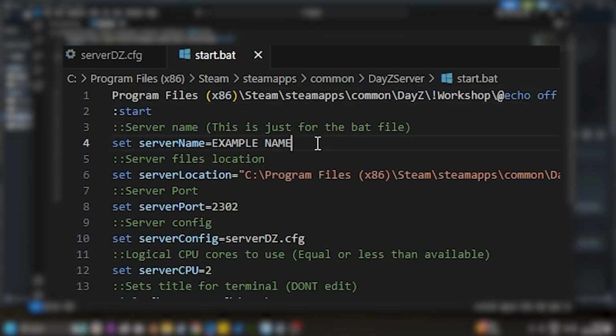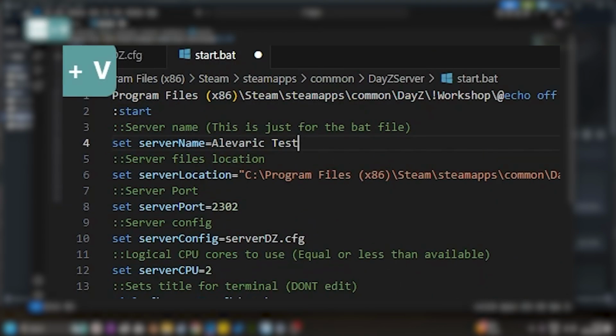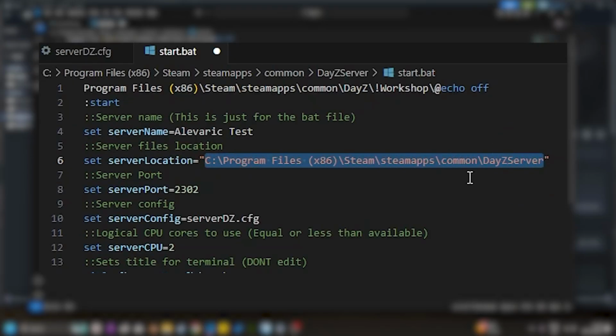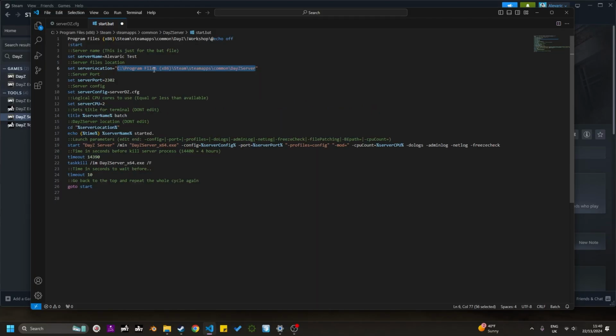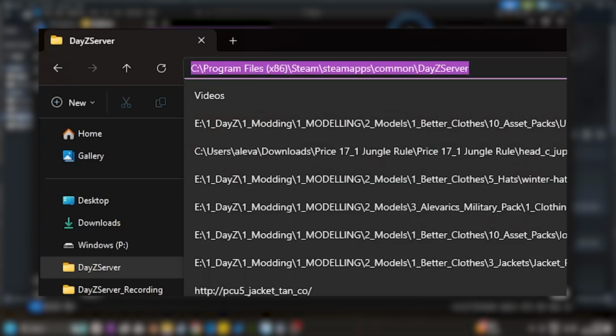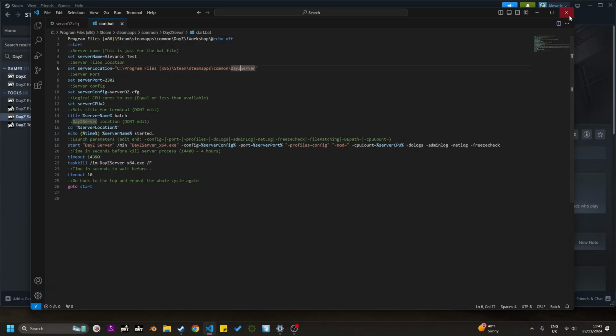So we can see here that the server name is still example name. So I just need to copy that from the config over like that. Once you've changed the name, you just need to make sure the server location is linking to your DayZ server folder. So this is set up to be in my program files, which is in my C drive. So the easiest way to double check this is to go back to your DayZ server folder and then just click up here on the file path and then copy that in, just like that. If we just close that down,